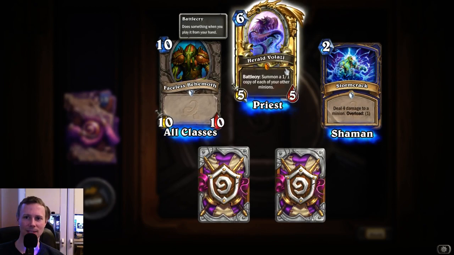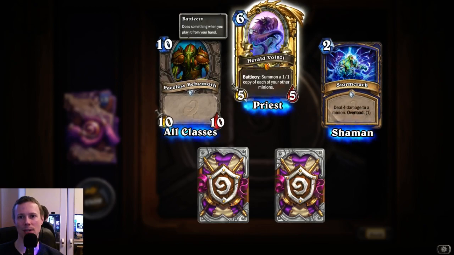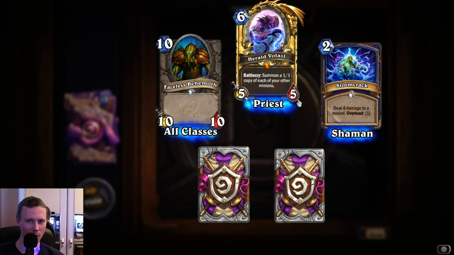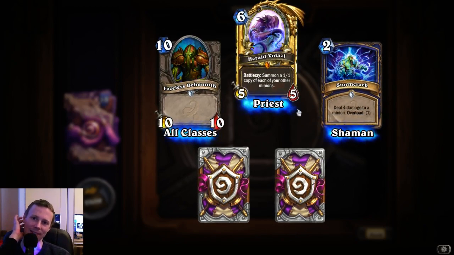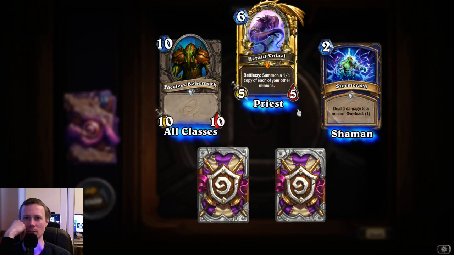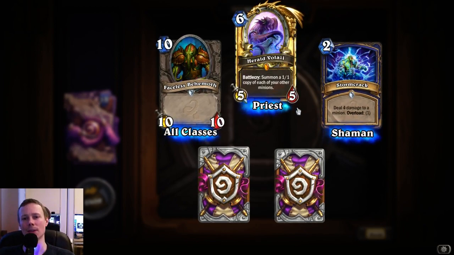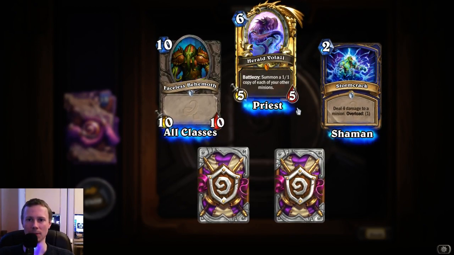Herald Volazj. 6 mana, 5/5 priest card. Summon a 1/1 copy of each of your other minions. Ho ho ho! That's a really cool special one, isn't it? And it's only 6 mana as well. So if you had... Oh yeah, but they have to be on the board for this to work. So you have to have stuff on the board. Priests can do that though, I think. It's difficult sometimes, but they can get something stuck on the board. They kind of already won anyway, but...